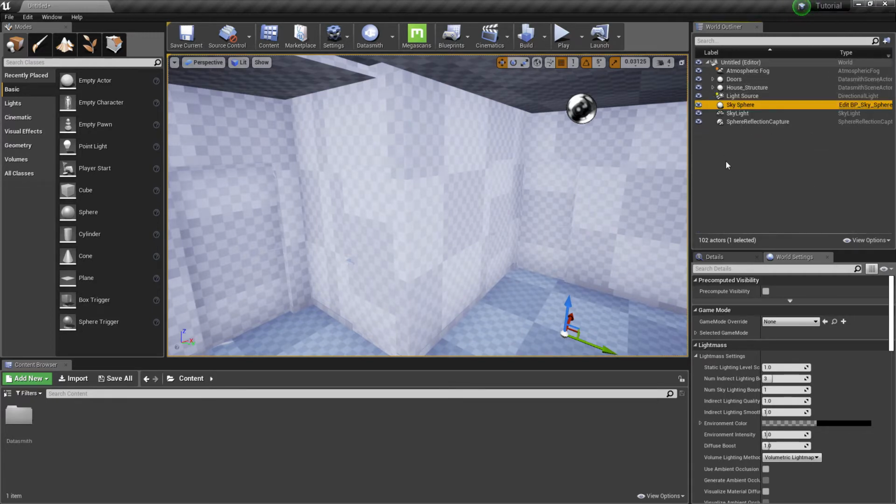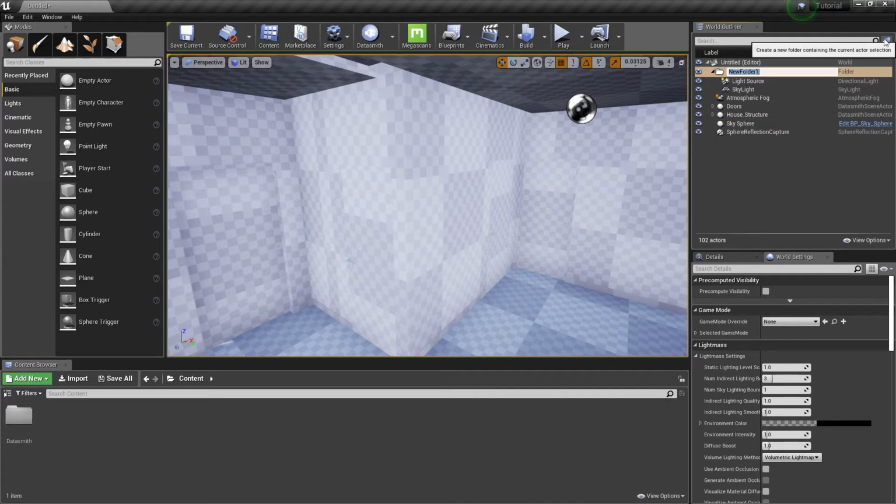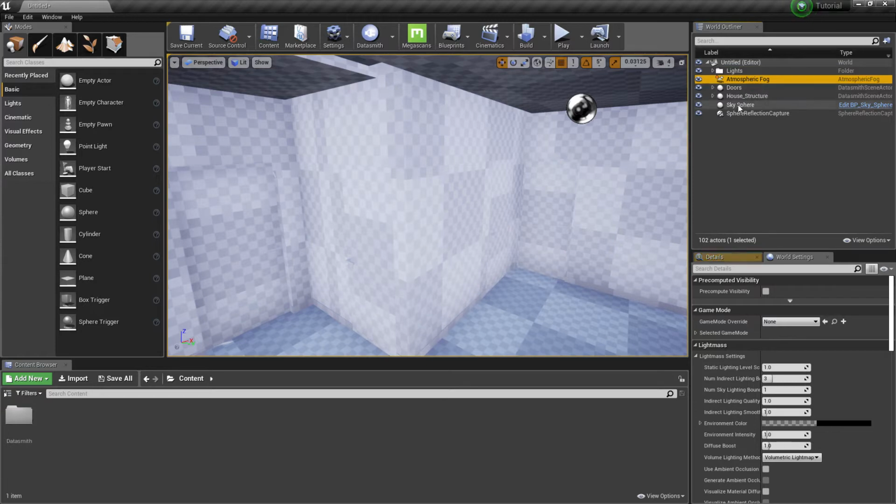Before proceeding, let's organize our scene a little. Let's create a folder for the lights. And one for the effects.